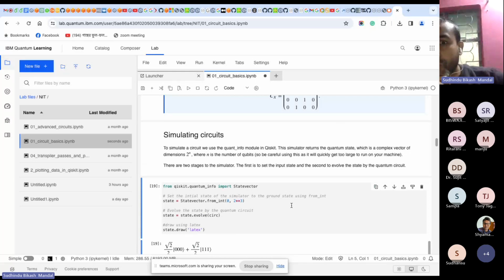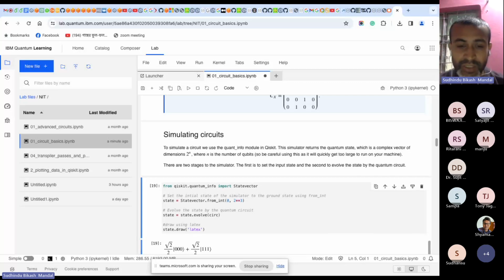So Qiskit provides you 3 types of simulator. One is called a state vector simulator. Actually, state vector simulator is an exact solution. It does not require any measurement. We don't put any measurement over there. We want to see what the quantum state is in the simulator. That's why by using the state vector simulator we can check what the state is.